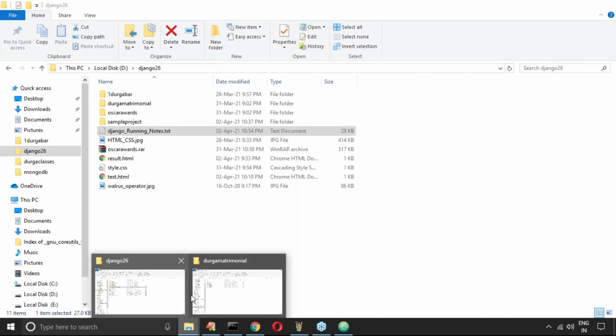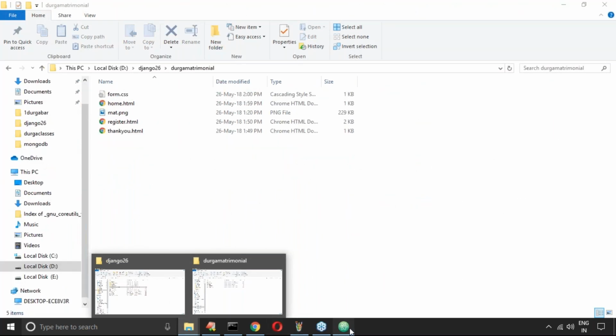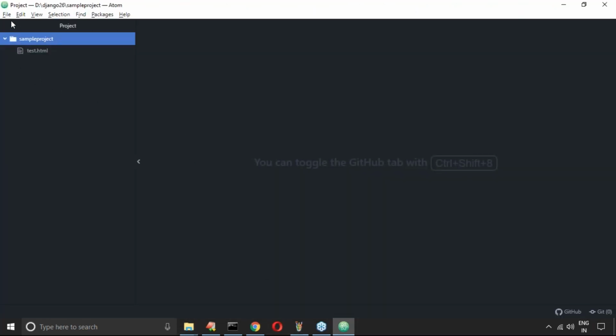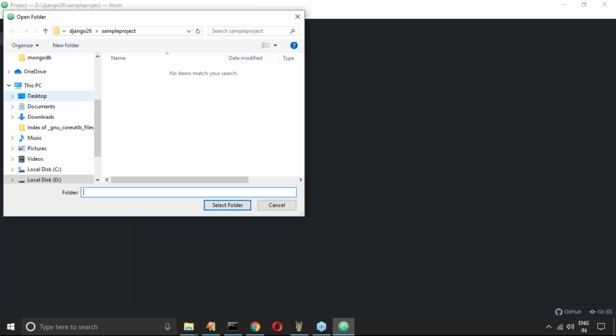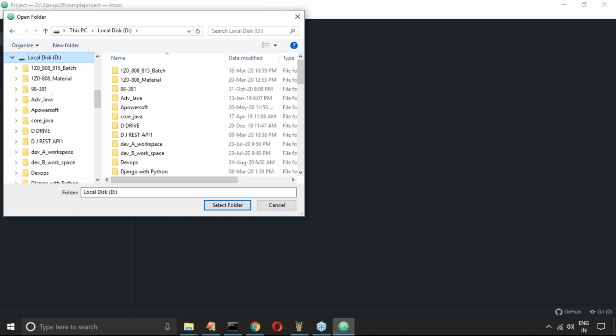Let me open that folder in Atom. Here it opens the project folder with form.css. Don't worry about that. I'm not going to use that CSS because CSS is not yet covered.